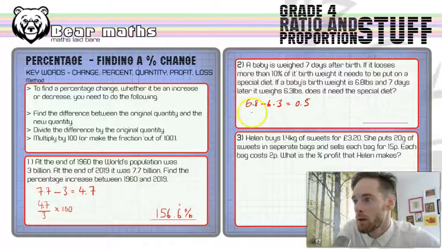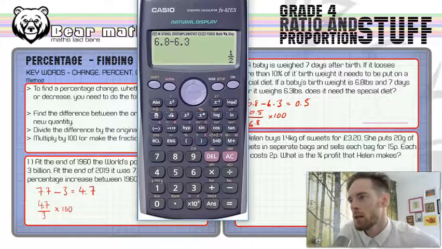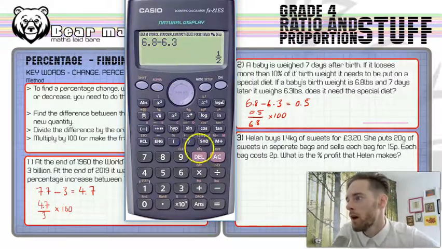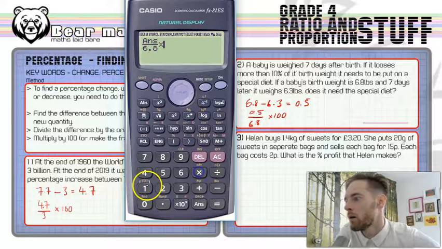So we're going to work out what that is, 0.5 over the original. So difference divided by original, 6.8, multiplied by 100. And if we do that, we're going to get our answer. So just move it over a little bit more. Fraction button, answer over 6.8 and then multiply by 100 equals